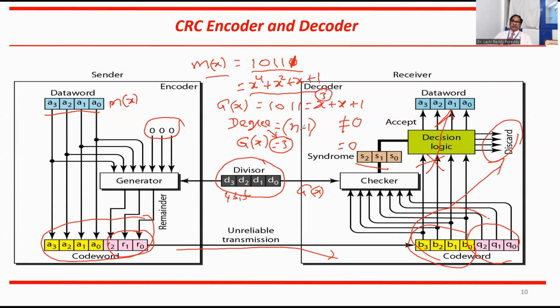Okay, degree is 3. And if it is represented as a binary bit stream, 4 bits, like D3, D2, D1, D0, so degree is n minus 1. If the generator polynomial is represented in terms of a binary bit stream, then the bit stream has n bits, and the degree will be n minus 1. If it is expressed in terms of an algebraic expression, then the highest power will be the degree of